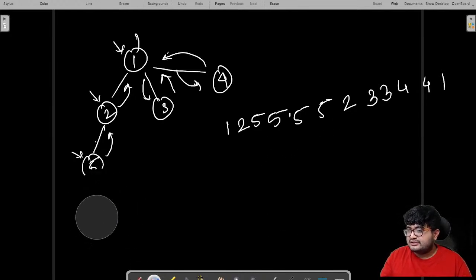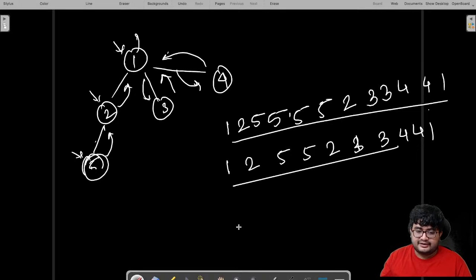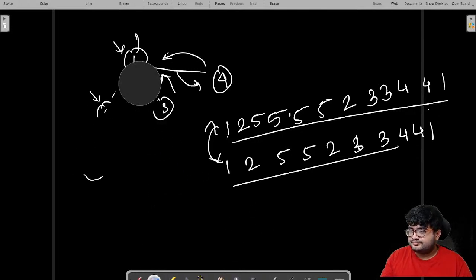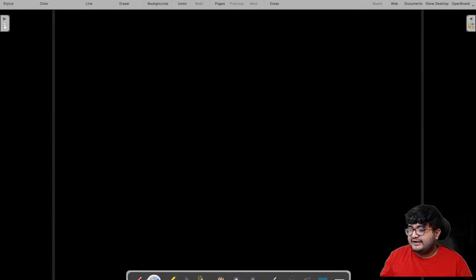If you remove this, think about the representation now. It will be 1, 2, 5, 5, 2, 3, 3, 4, 4, 1. These two are different, right? These two are different. So that tells us we do not need to construct it back. Rishit, we do not need to construct it back. We just need to make sure that these two are different. These two are different, right? So that is ensured. So now give it for every node,